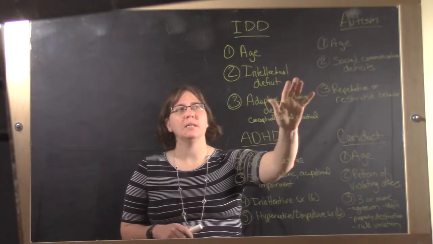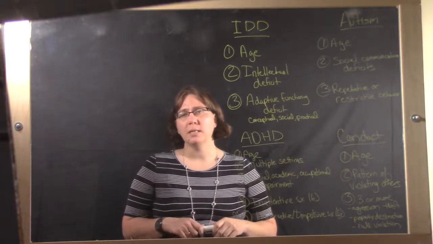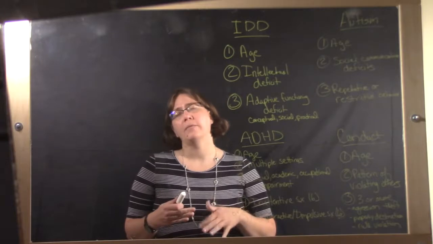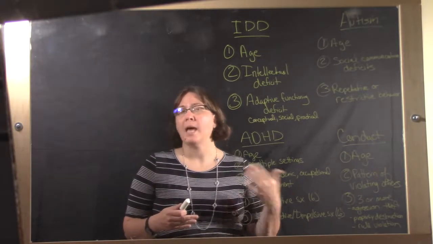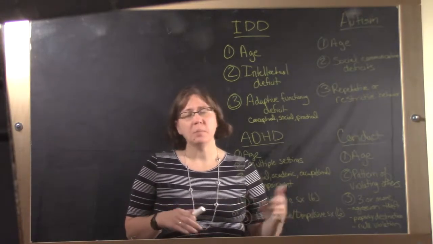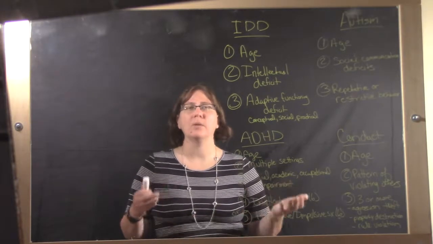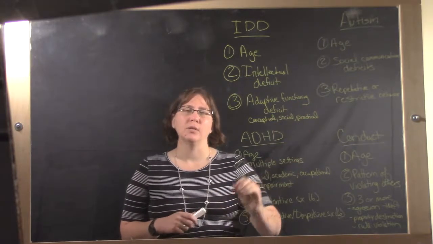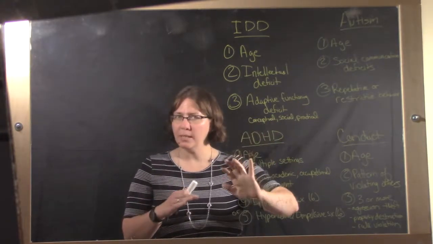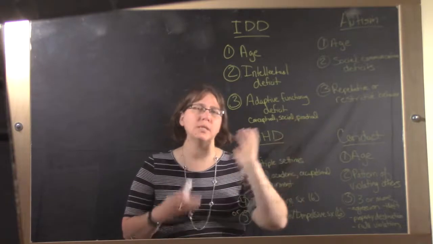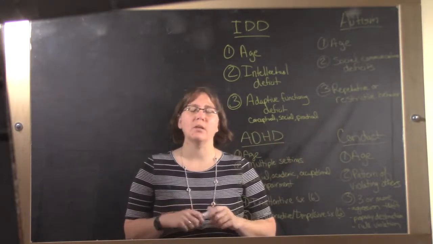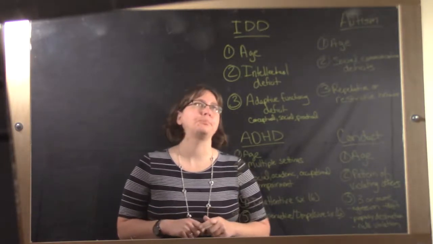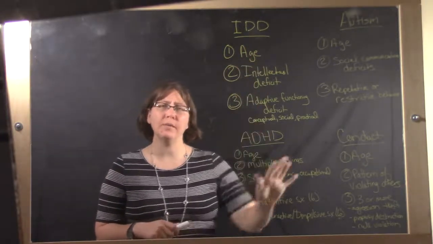There is some kind of intellectual deficit, so that usually means a below 70 on an IQ test, and you have to confirm that that is accurate with a clinical interview. Sometimes people don't do well on an intellectual test because they don't have any motivation. In addition to that, there has to be some kind of adaptive functioning issues. So conceptual is academic stuff, math, reading, etc. Social is social communication, and practical are practical skills like knowing that you should shower every day, things like that. So that's IDD. You have to have all three of these criteria.